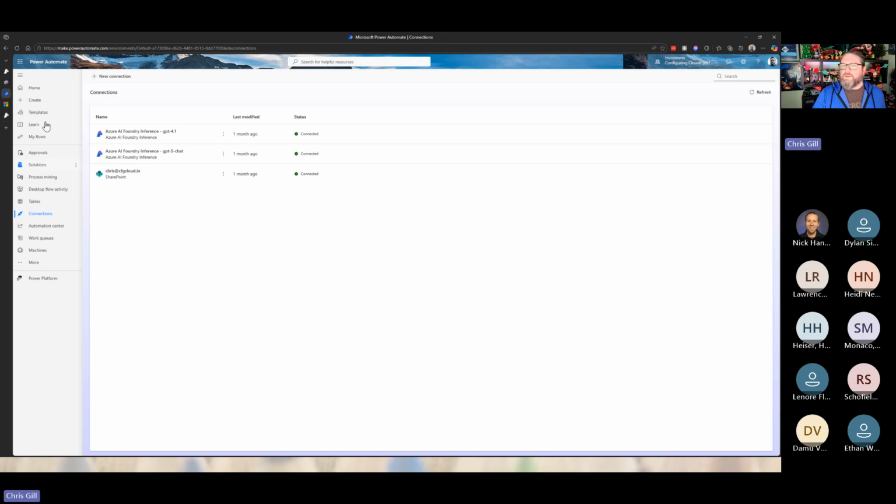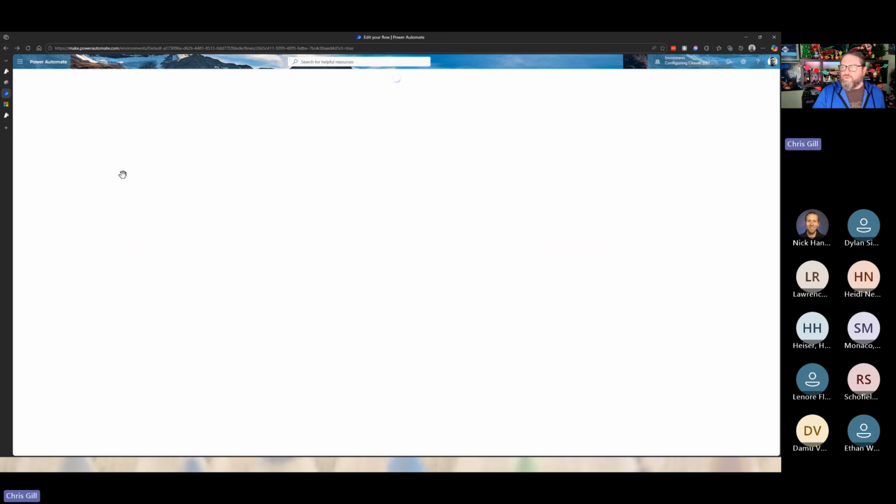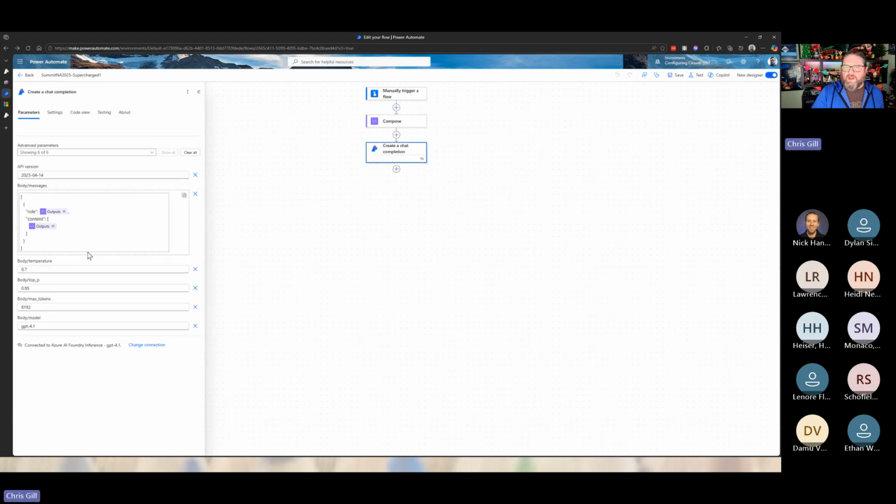So again, we'll skip back to where we first started. Here, I'm basically just passing through body and messages of an output for role content, and then this would trigger as that same Q&A bot. So instead of doing the playground like we had done in Foundry, we can do that here inside of Power Automate. So quick and dirty, but that's all there is to that piece.